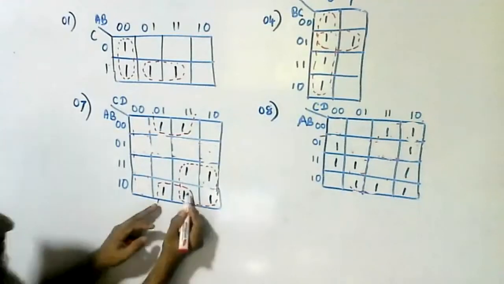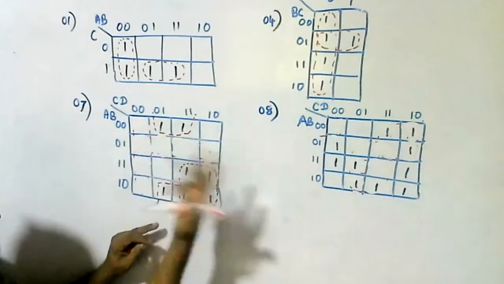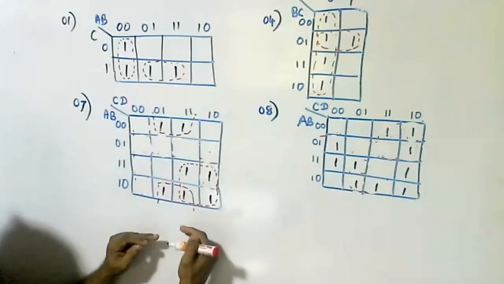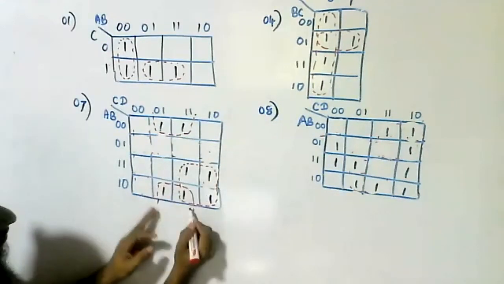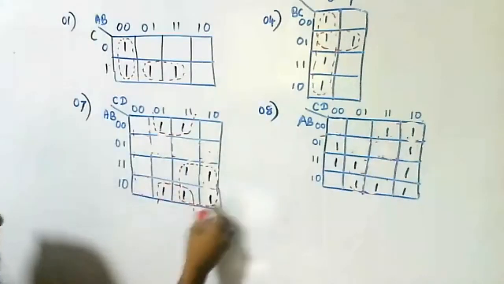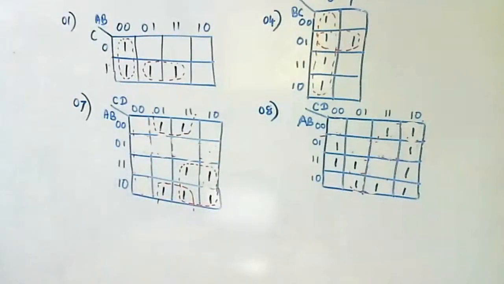We can't group like this, okay? These two, then 3 groups are there. Minimum number of groups should be there. So here, 1 group, here, 1 group. Right, good. Now you know the method. Well done.